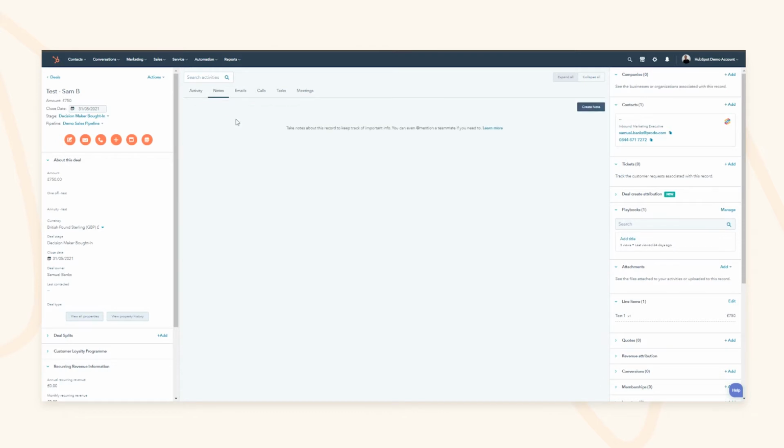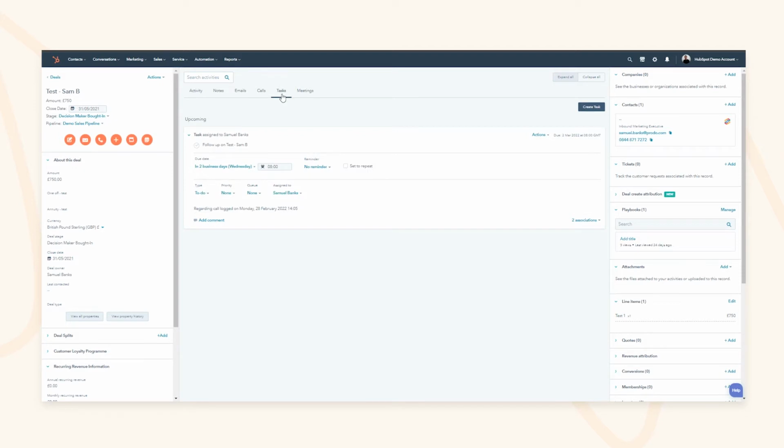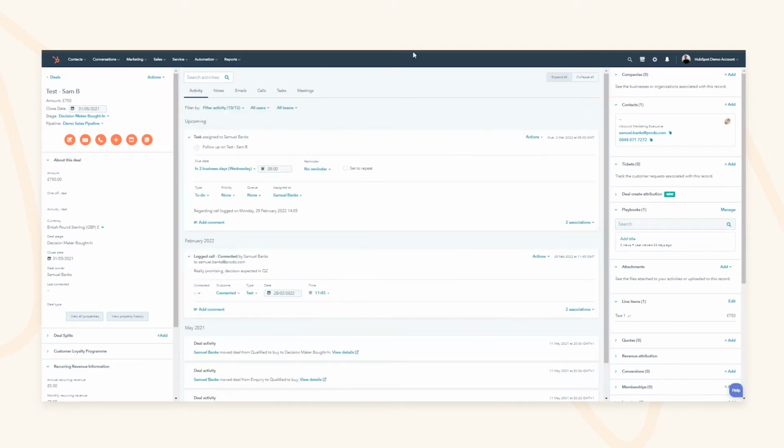You can also filter this down by notes, activity types such as emails, calls, tasks, meetings, meaning that as this becomes more and more data enriched, you don't lose that ease of access. It allows you to quickly filter this down. So if you have cross collaboration, for example, you can filter it by a user, or if there's different teams touching the deal, you can also filter that down as well,